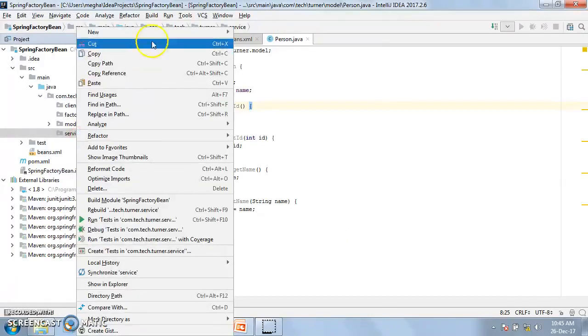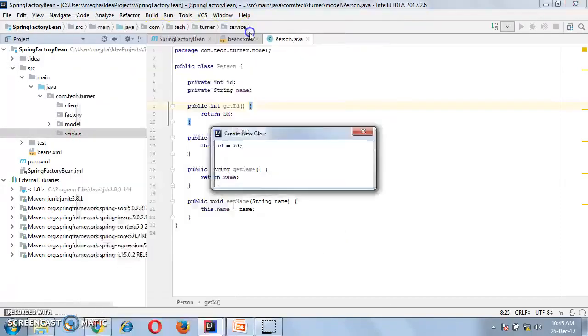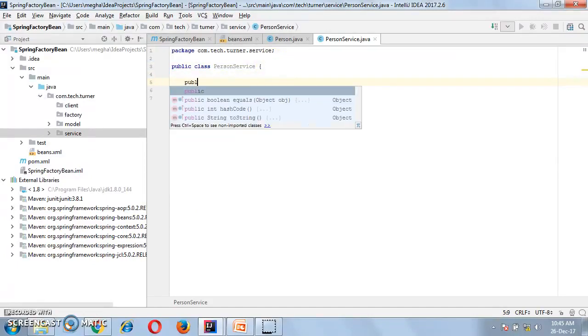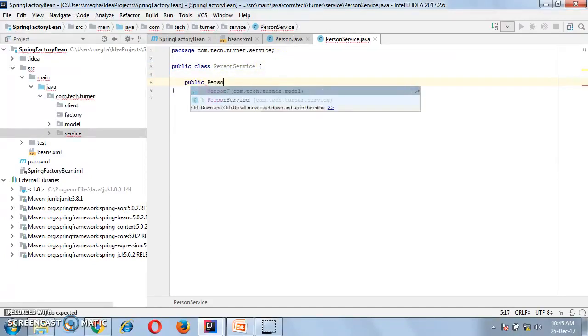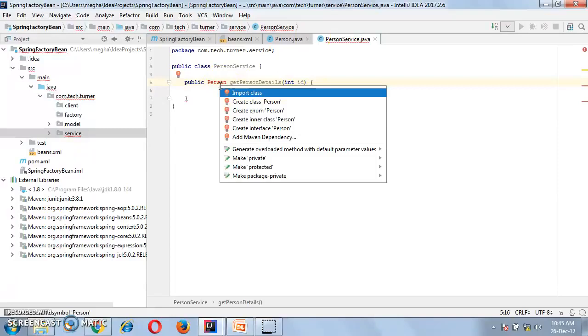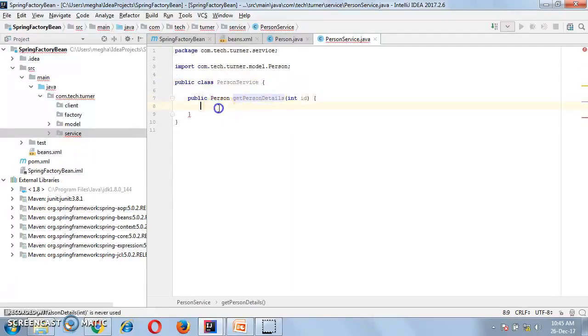We'll create a person service. Go to new Java class, PersonService. It will have a method that returns a person and gives the person details on entering the ID. Press Alt Enter to import the person class.